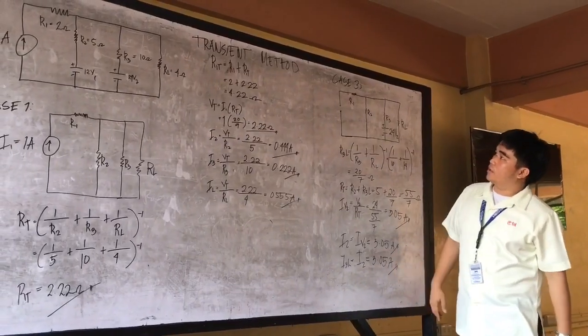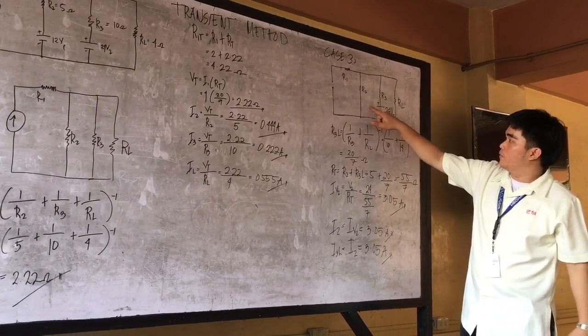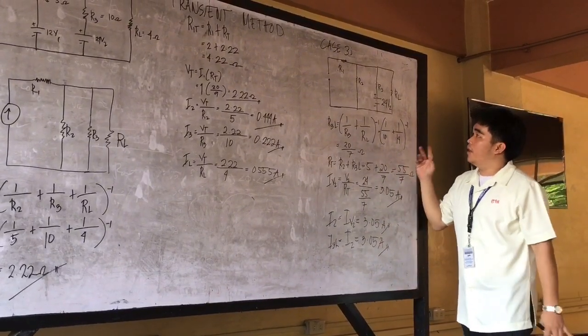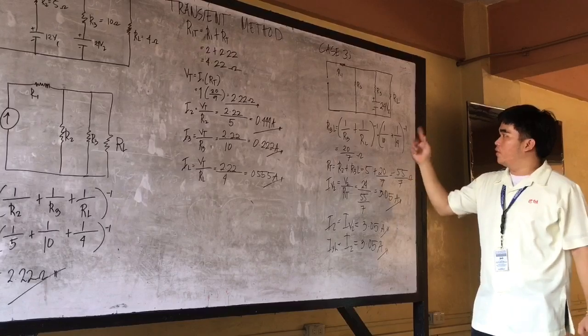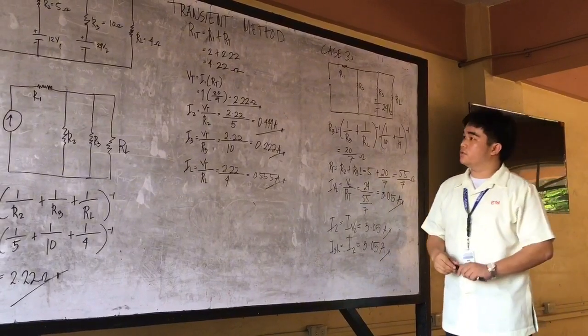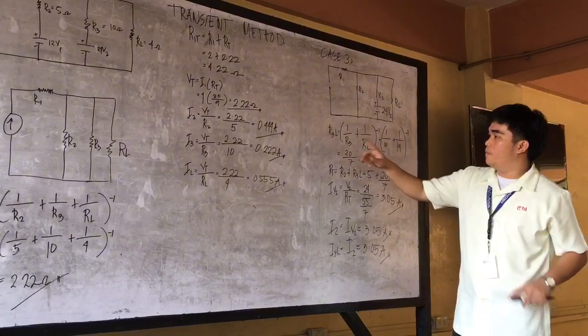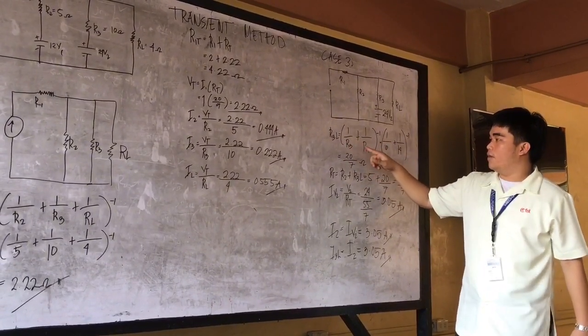So next we have case 3. First we have to close or remove the voltage V sub 1. Then our V sub 2 is 24 volts. So the solution of this diagram, we have the formula, the R3 load equals 1 over R3